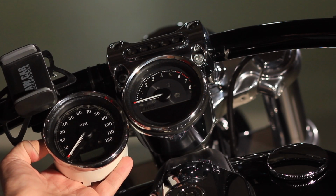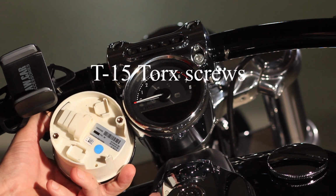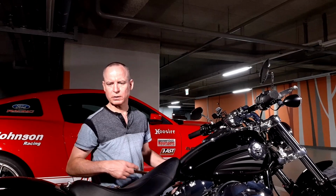Okay, I just swapped the new gauge in. It's really easy. It's 2 T15 screws and a plug. Now real quick,